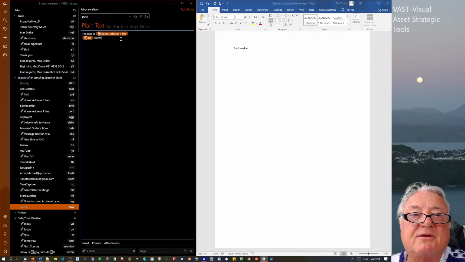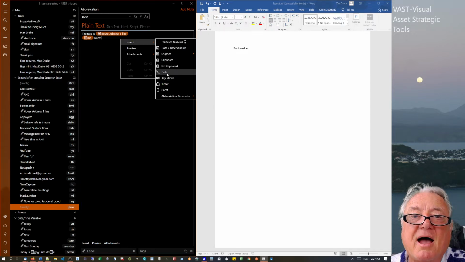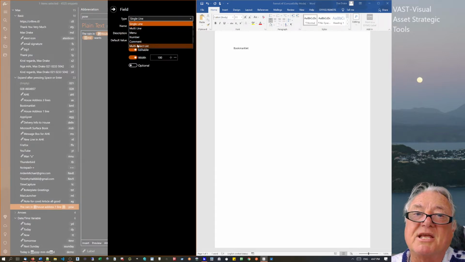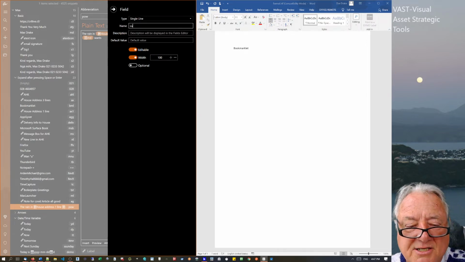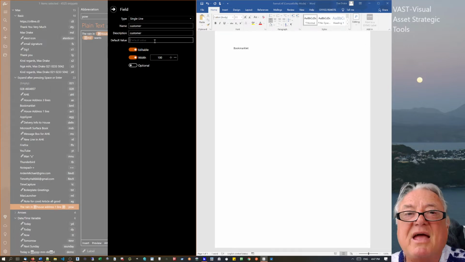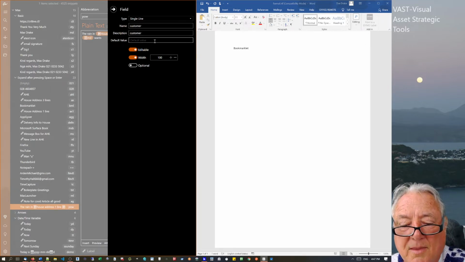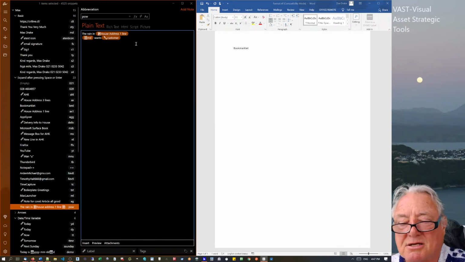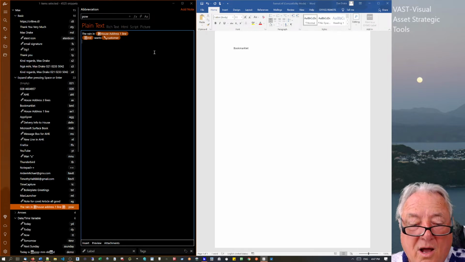So he wants, and inside here I'm going to add a field. Now the field is a single line, multi-line. I haven't played with some of these ones, but there's some interesting things in there. I've just left it a single line, and the name is customer. So we know what it says. So that's the prompt that we're going to get for that. Now we have a customer, and if it's a default customer, we're just going to call him Joe Blogs. Or John Doe, really, in the States, I suppose. It's editable, and the width is 100 through there. So if I add that field into there, the customer through there,